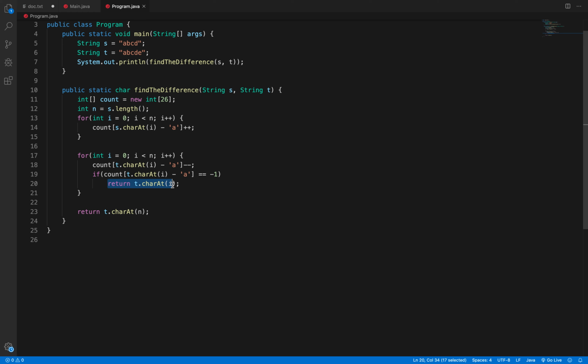In that case return that character. If we are here, that means the character was added at the end, so in that case we'll return the last character.